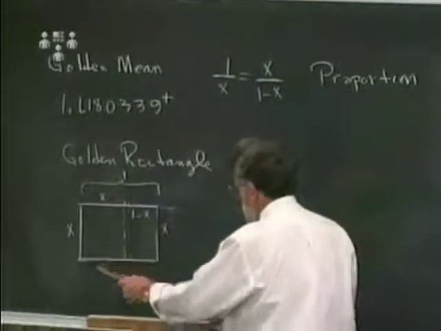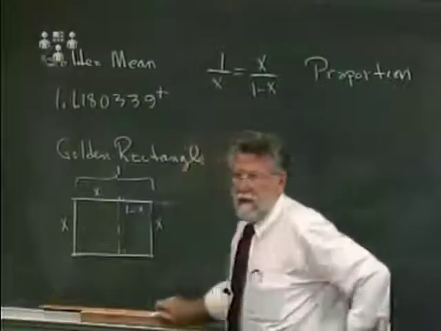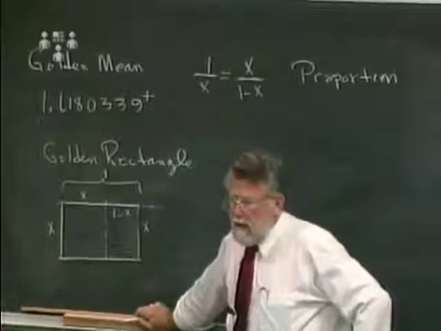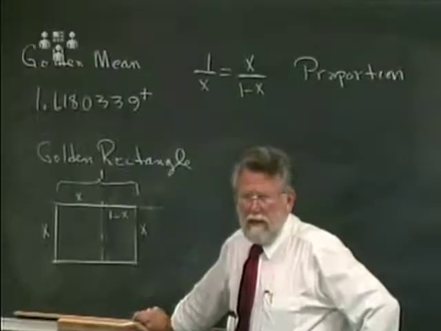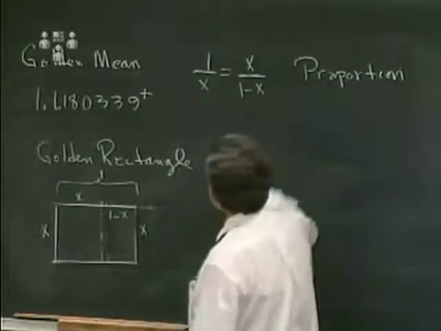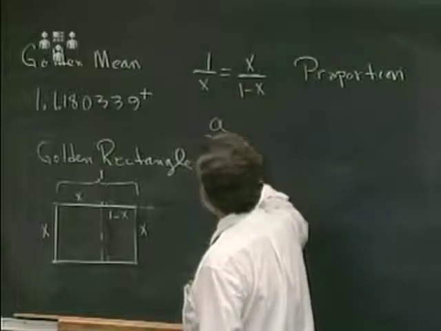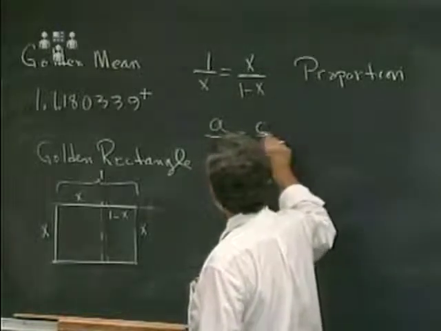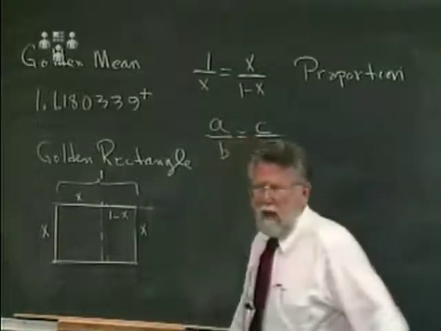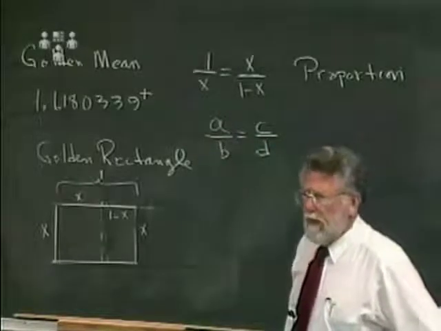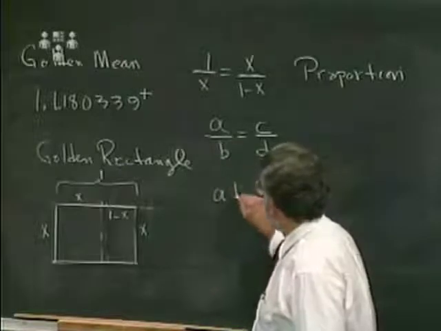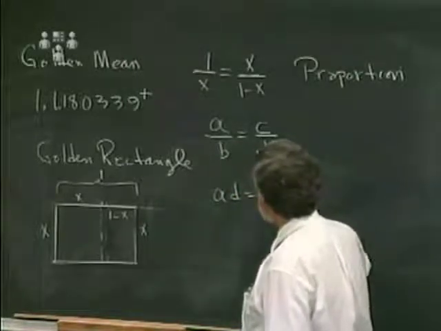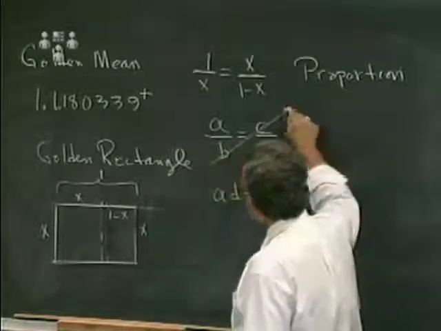A proportion is simply two fractions that are equal to each other. And I commented on this to you about proportions from Greek mathematics, and we had two fractions in this form, a over b equal to c over d. We made the comment earlier that we can cross multiply and argue that a times d equals b times c. So this was your cross product,